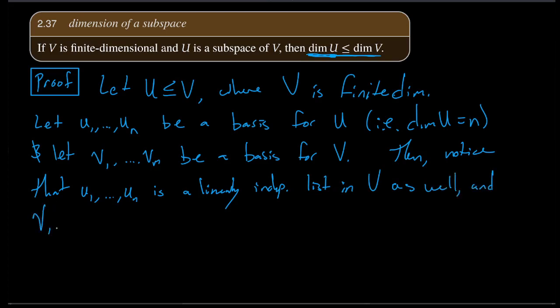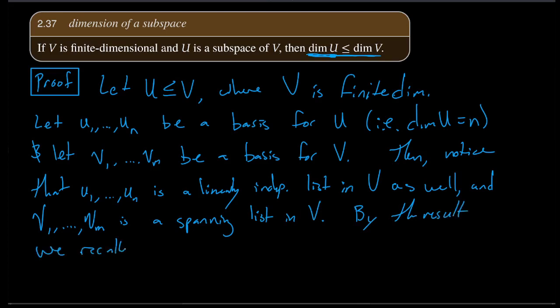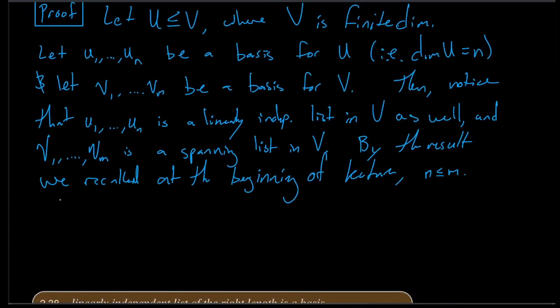And V1 through Vm is a spanning list in V. By the result we recalled at the beginning of lecture, what do we know? Well, we've got a linearly independent list in V and a spanning list. The length of any linearly independent list is less than or equal to the length of any spanning list. n is less than or equal to m. That is, dim U, which is n, is less than or equal to m, which is the dimension of V,